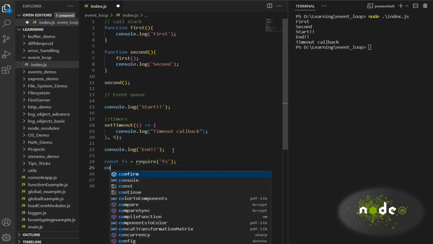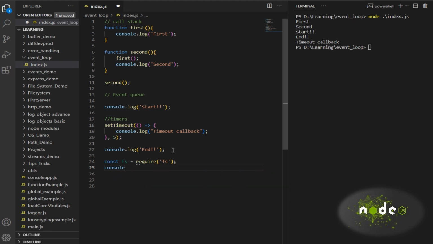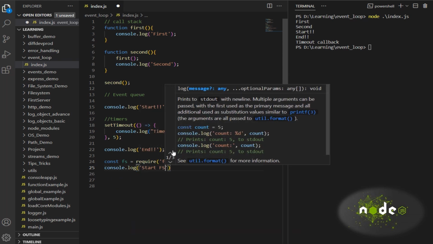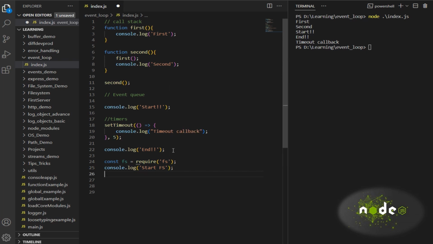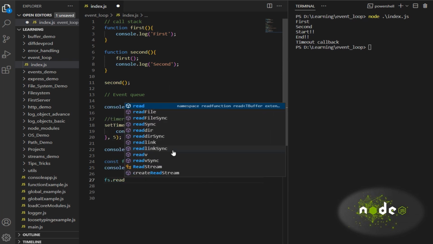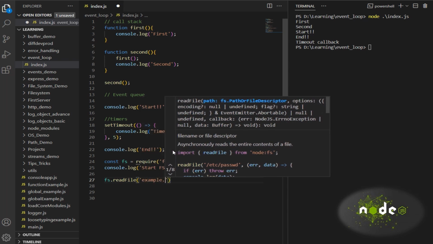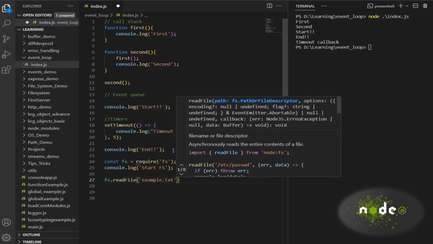Then I'll put console.log of start fs. Then fs.readFile of example.txt and